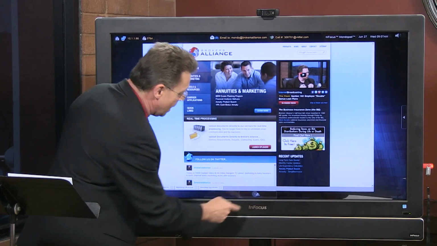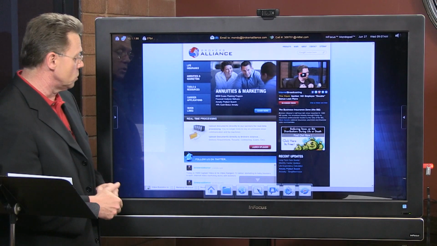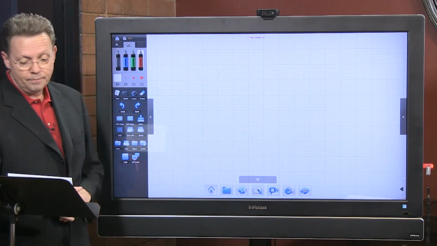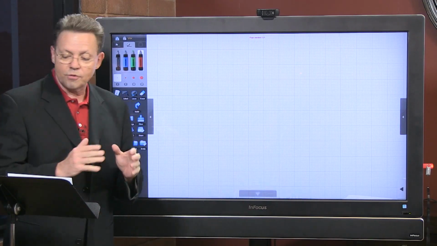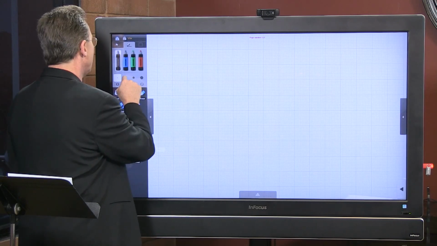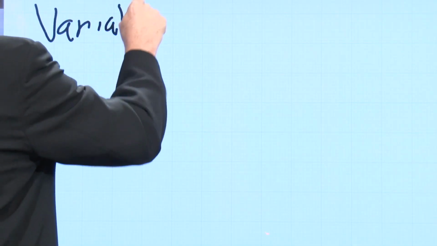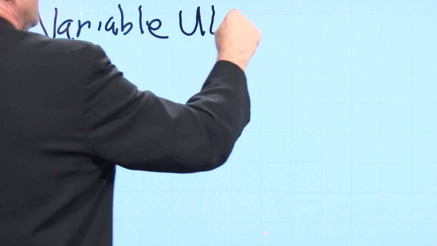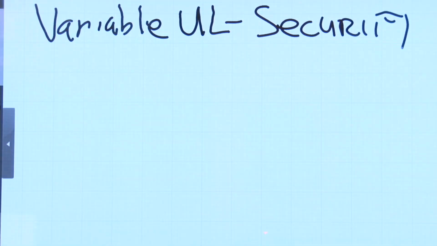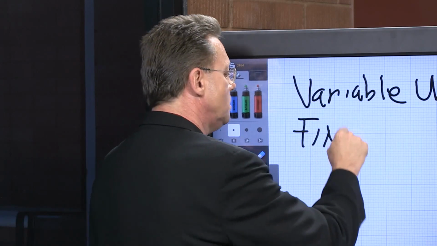Now, what I want to do today, we're talking about variable life. And when we talk about variable universal life, I want to go out to our whiteboard and I want to do the first couple things. I want to walk through this, and this is a very important issue. And that's why I want to really bring up to you that variable universal life is a security. It's a security. And because it's a security, you have to have a FINRA license,